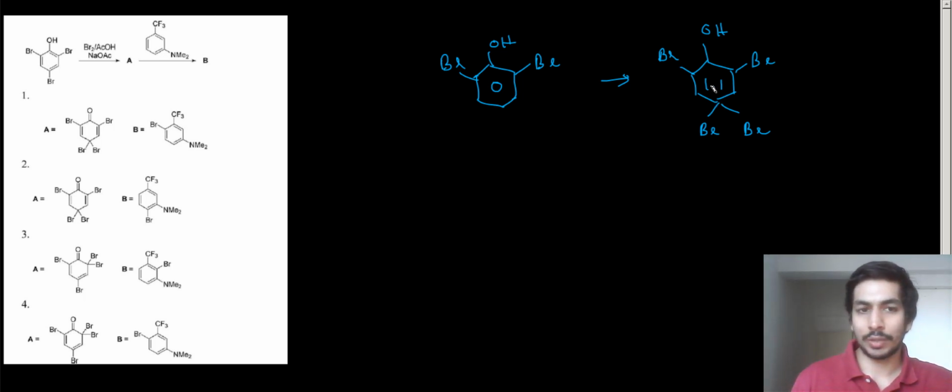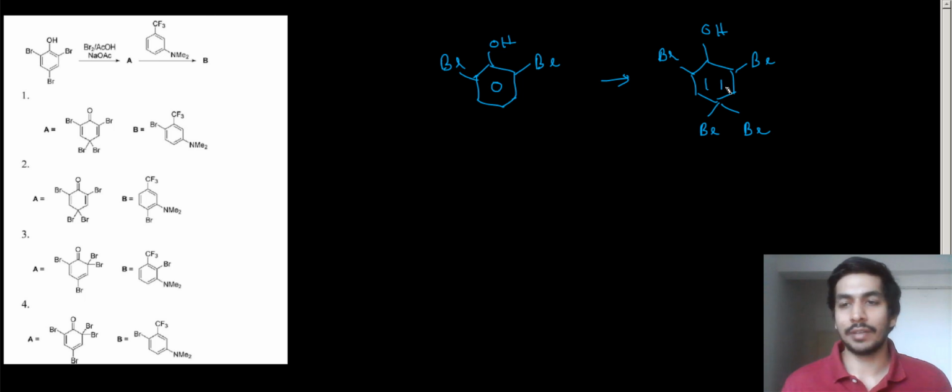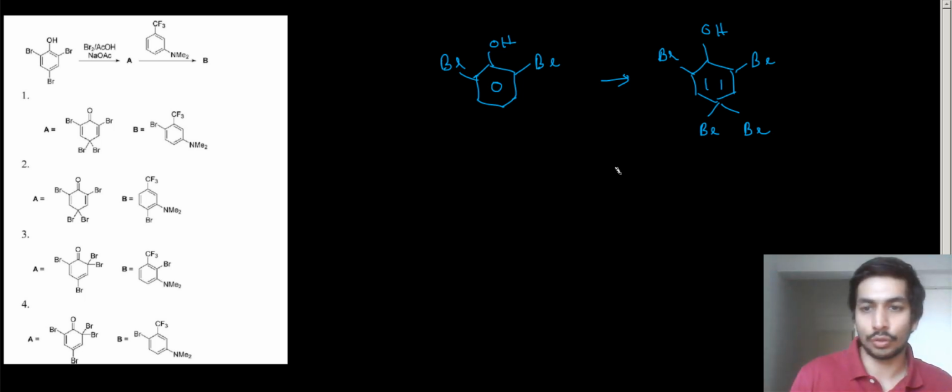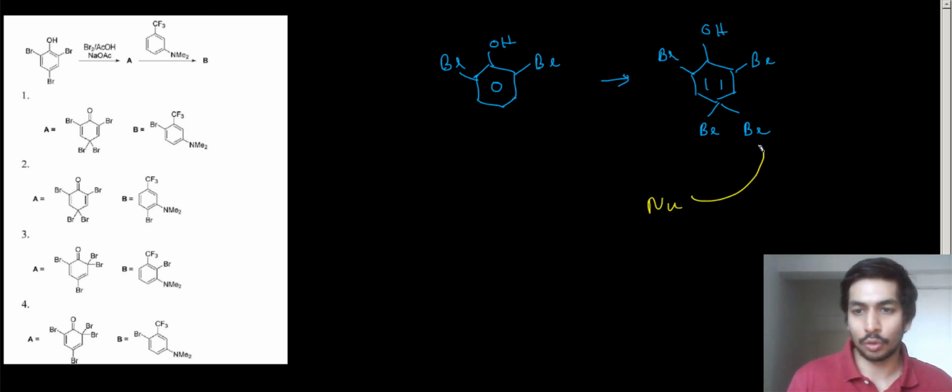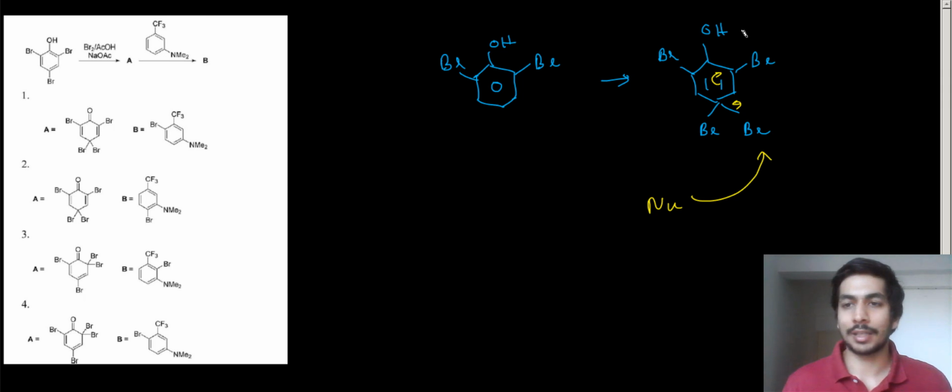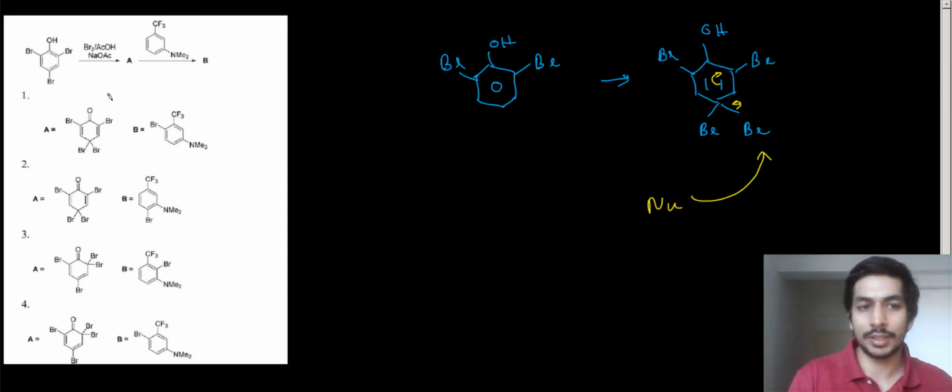Now you can imagine over here, this itself is also a very good source of electrophilic bromine, because if we have any kind of nucleophile and the nucleophile attacks this bromine, this bond migrates back, and we get the aromaticity back. Over here the aromaticity is lost. So this also acts as a very good source of bromine, because this nucleophile can attack the bromine and you can get the aromatic compound back, right? So basically it's a very good source of electrophilic bromine.